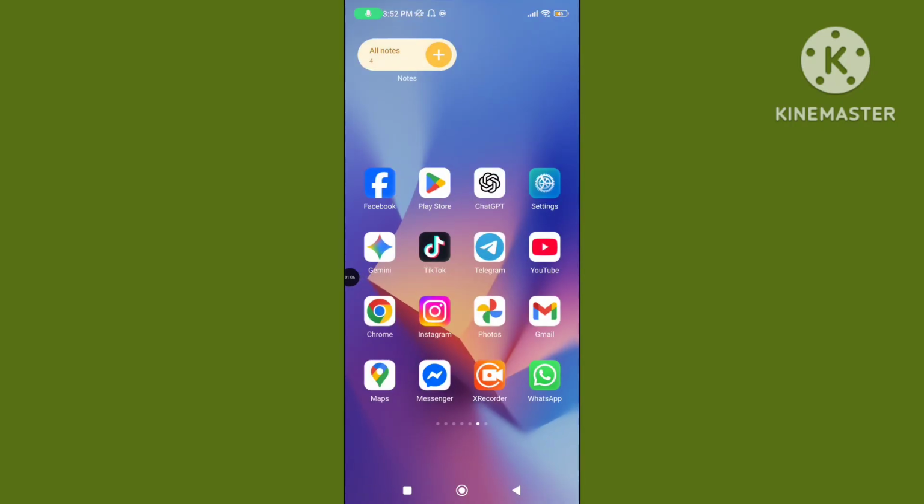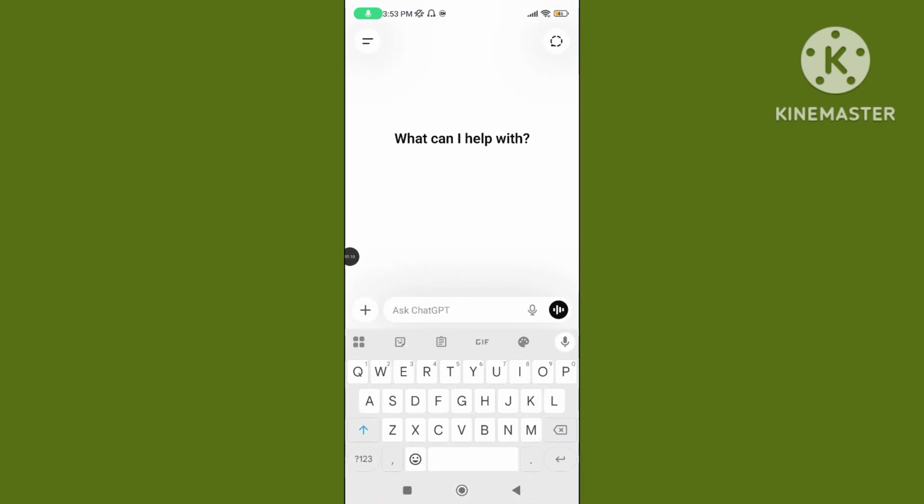Step 3. Again open your ChatGPT application. You can follow all of these steps to fix the ChatGPT "No available model support the tools in use. Try starting a new chat instead or try again later"